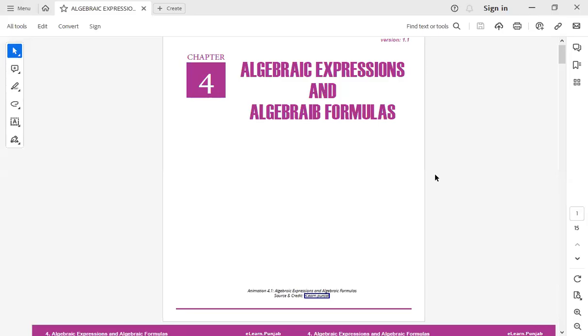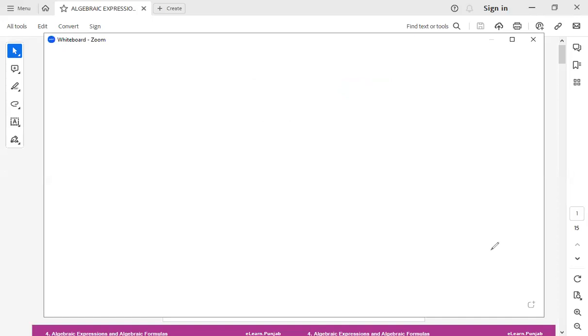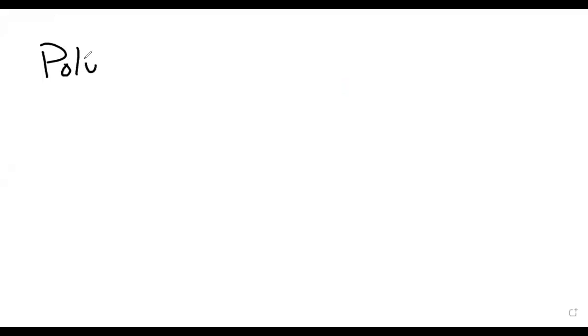The chapter belongs to AKEB Board Maths 9th class. Algebraic expression and algebraic formula. The basic concept that we will study is polynomial. How are we able to identify what is polynomial and